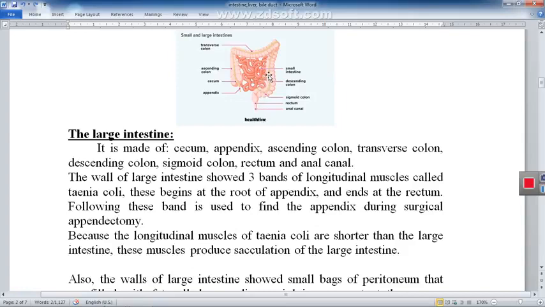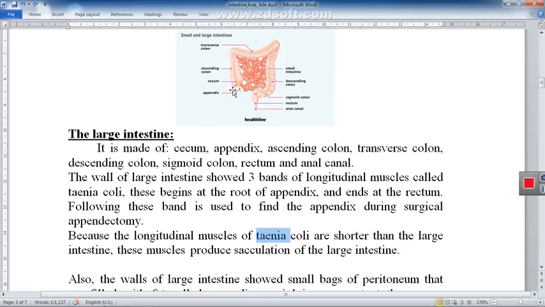As you can see in the figure, the large intestine shows a longitudinal band that represents the longitudinal muscle in the wall of the large intestine. In the large intestine, the longitudinal muscle does not surround all the wall of the large intestine. The longitudinal muscles of the wall of the large intestine appear in the form of bands that are called tinea coli. And you can see three bands, one anterior and two posterior bands of longitudinal muscle,